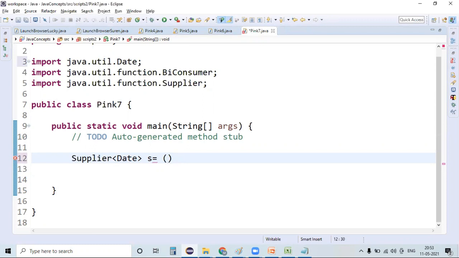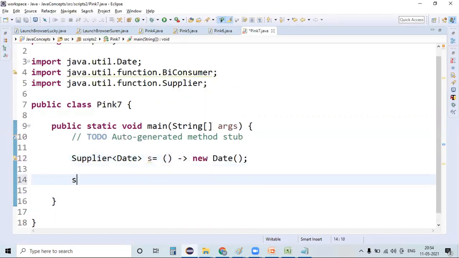And this Supplier does not have any input argument that we are passing. That's the reason I'm just passing a blank here. And what I want to get is just a new Date. So whatever the date is, it's going to return this particular date. That's it. Perfect. And as I told you, s.get is a method which we are going to